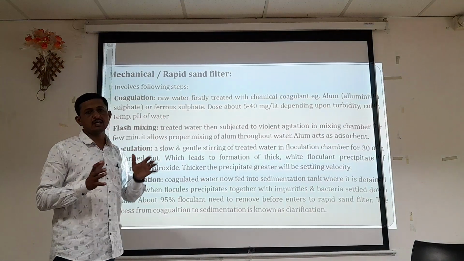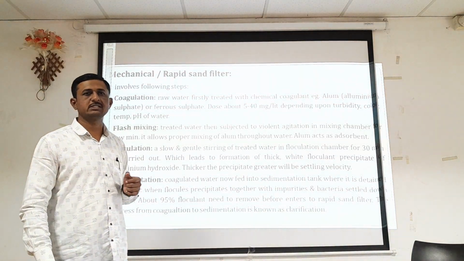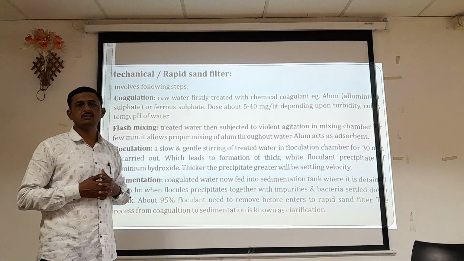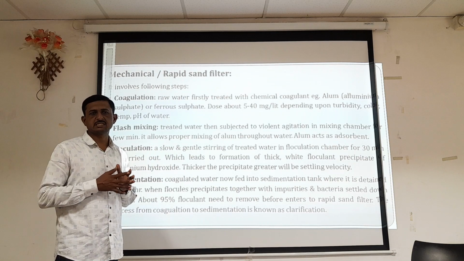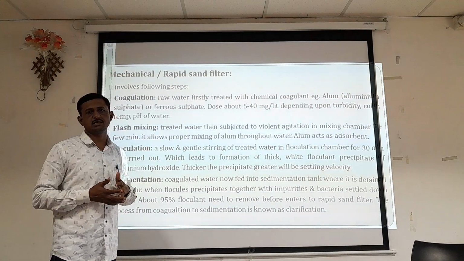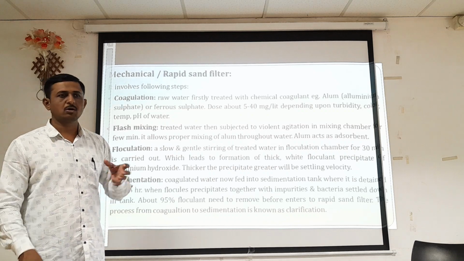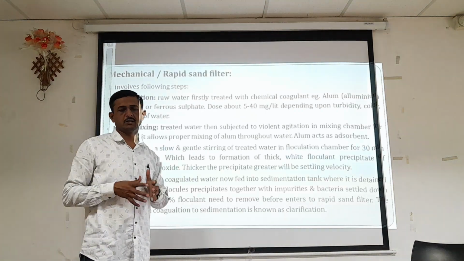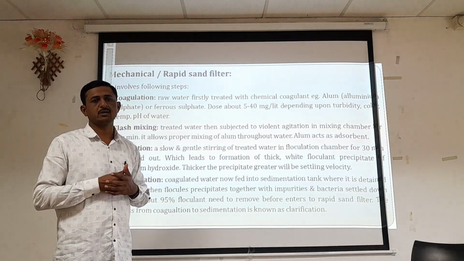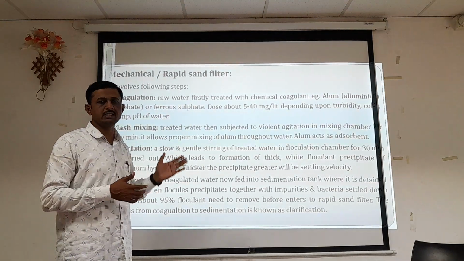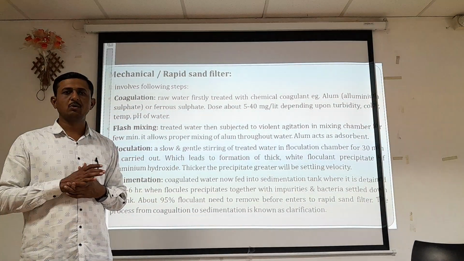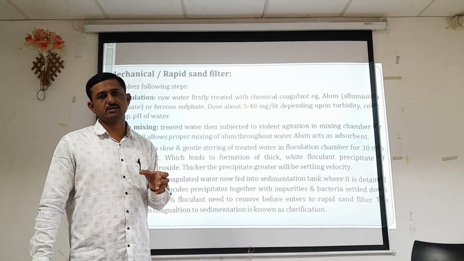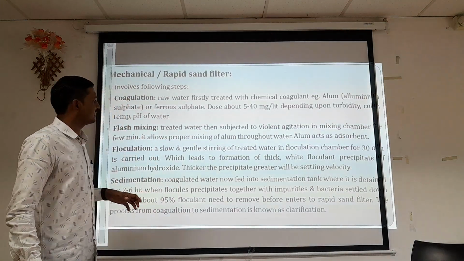Here we are treating a large amount of water which is stored in the storage tank. Firstly the coagulation is carried out by using the chemical agent, which is nothing but alum treatment. After that flocculation is carried out and flash mixing is the next step. Here, by using an impeller or some mixer, we have to mix the chemical agent properly in that water, so that all the impurities come in contact with the chemical agent, and floc formation or coagulation of the water is speedily carried out, and that is why the suspended particles in the water sample settle down at the bottom of the tank.